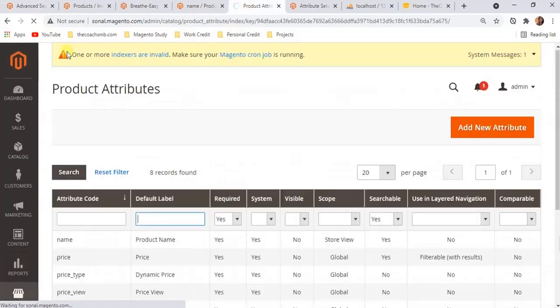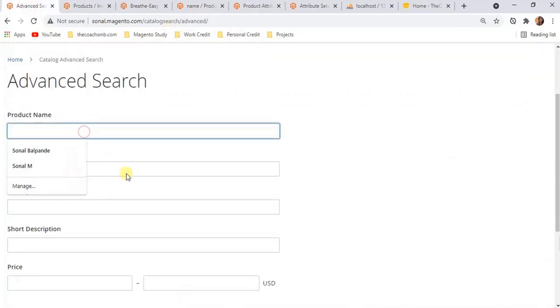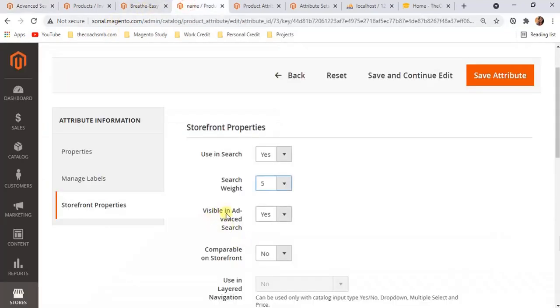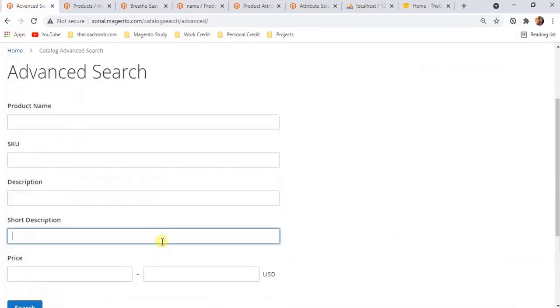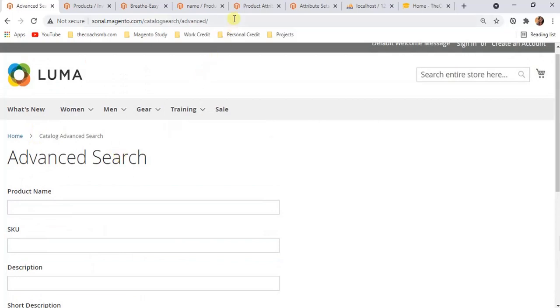Now let's go to advanced search, and here product name and SKU have been selected as yes for visible in advanced search, and that's why they are displaying. So if a customer wants to search a product depending upon these conditions, he can set some data and search using this advanced search.